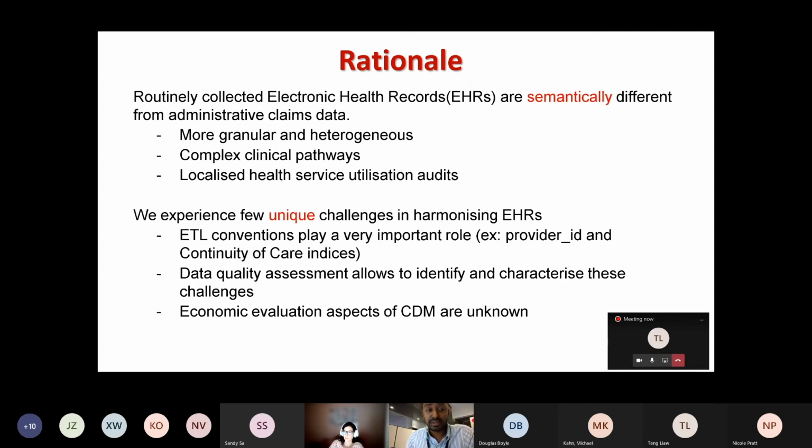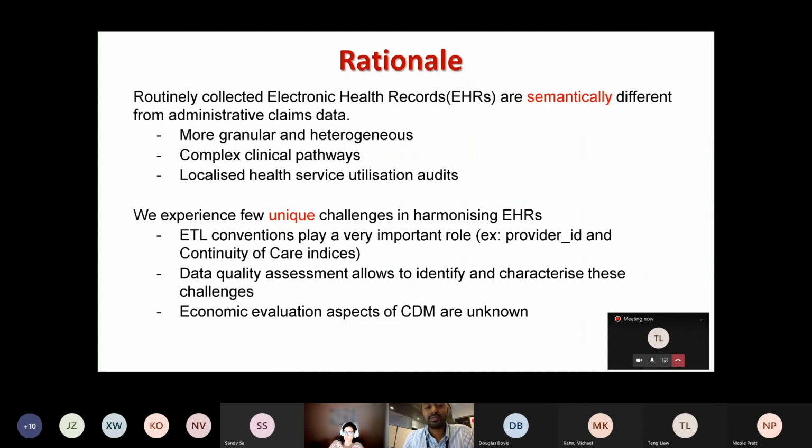In addition to the ones I mentioned earlier, it also introduced very unique challenges, especially when we wanted to convert into harmonizing EHRs. A very good example would be ETL conventions, which play a very important role. One example is the provider ID. I think in the OMOP common CDM, we can only have one provider ID, and the convention they suggest is to just take the last visit provider ID. But if you actually follow some of these conventions,